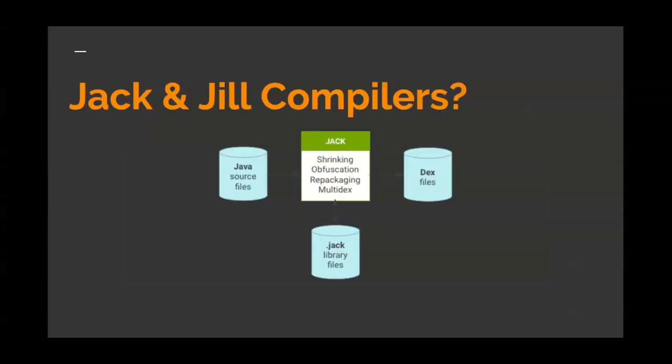Now, in 2015, the Android team introduced a new technique called the Jack and Jill compiler for direct conversion of Java source code into DEX bytecode, and lastly a DEX file. What the Jack compiler did was integrate the earlier four-step process, which was needed while using ProGuard, into a single step to convert source code directly into the DEX file.